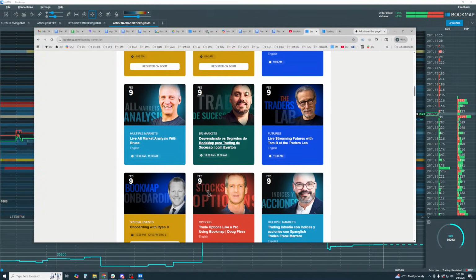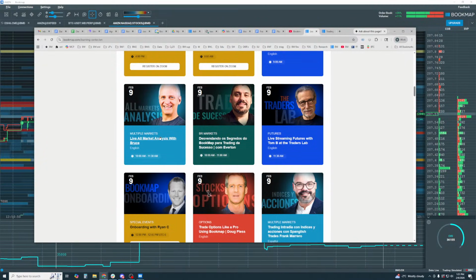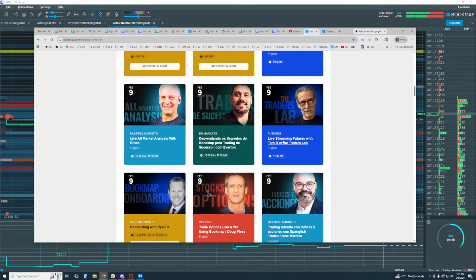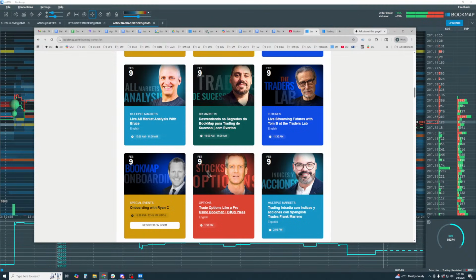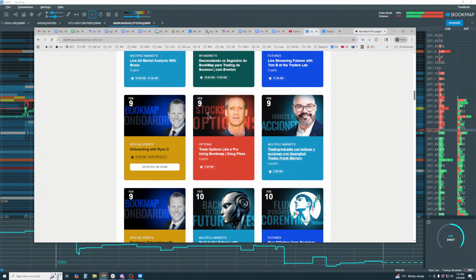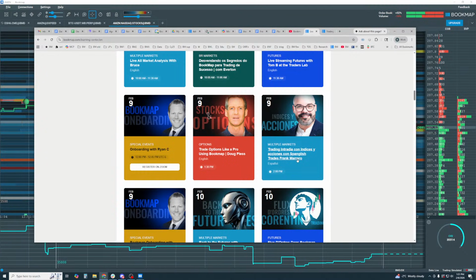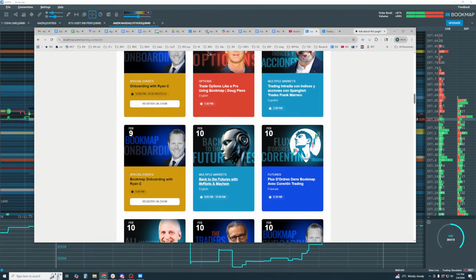All these different traders, myself included. Here I'll go over all markets. Here we have Brazilian markets. Here we have Tom, who goes over volume profile, market profile. We've got Doug, an options professional. And here we've got Frank Marrero in Spanish. So all sorts of things in here.